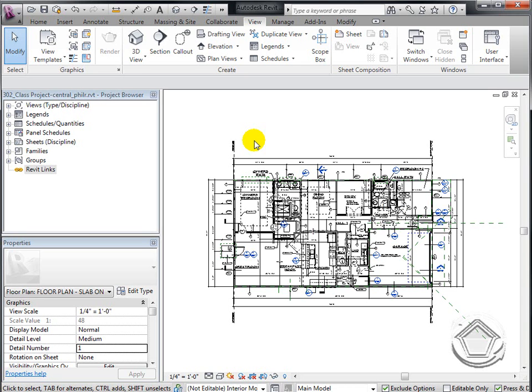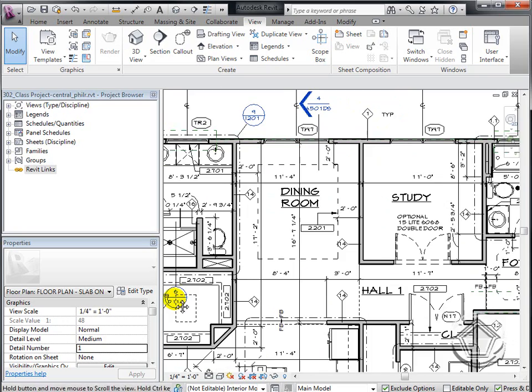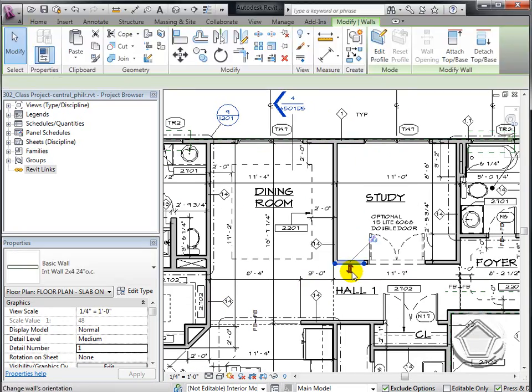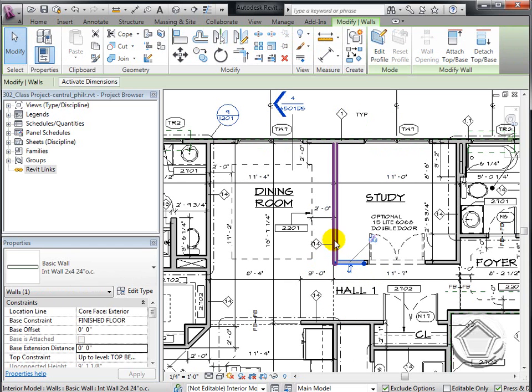In this lesson, we're just going to talk about understanding what a design option and what a work set is, so that you know how to select items in your model and how to edit items. So I'm just going to zoom in on a portion of this floor plan. And when I hover over items and try to select them, for instance, I can pick this wall and this